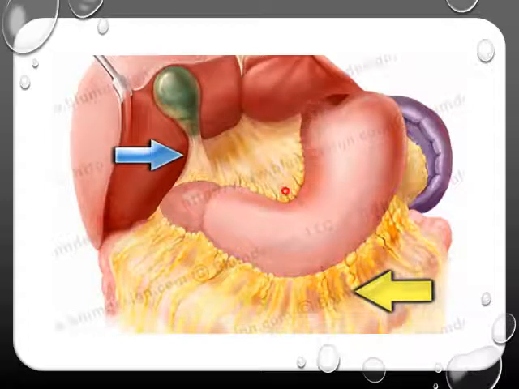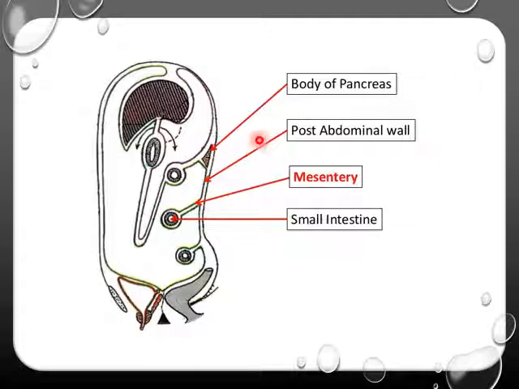After reaching the lesser curvature of the stomach, it covers this surface, that is the anterior superior surface, and even the first part of the duodenum, and then after covering the whole of the surface, it reaches the greater curvature of the stomach, where it descends downwards as the first layer of greater omentum. While covering the stomach, it goes a little bit further to the left and covers the whole of the spleen also.